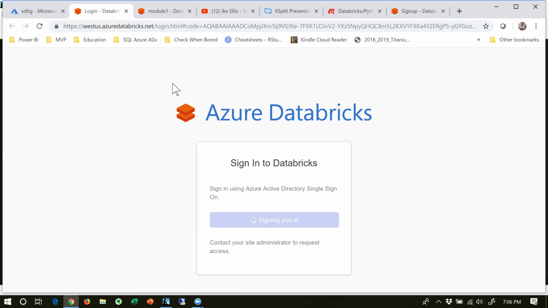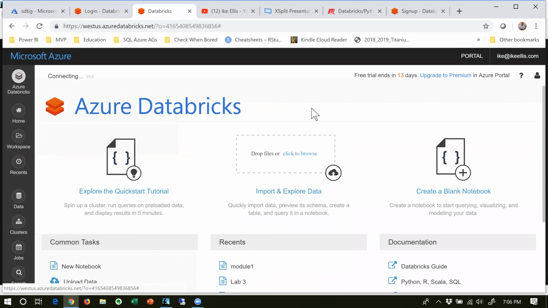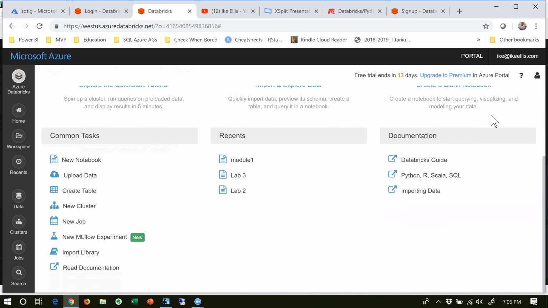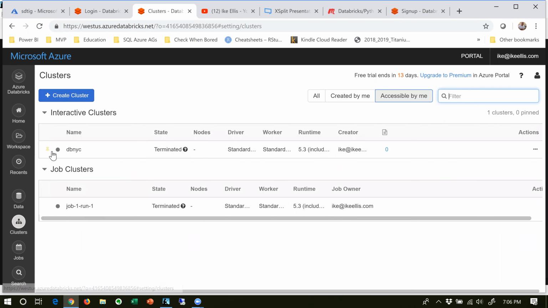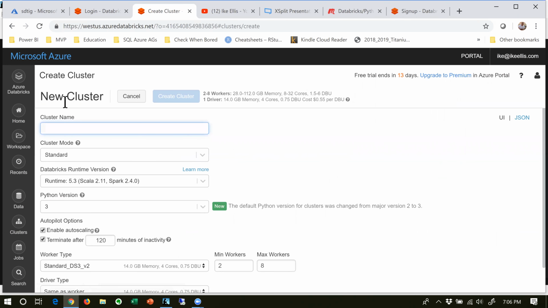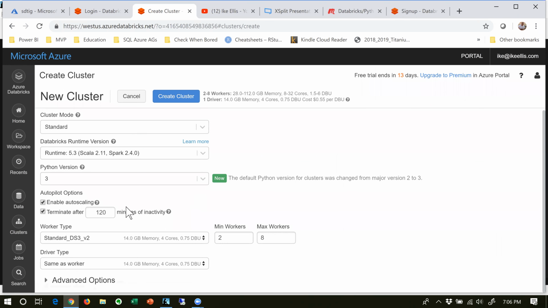So I can just pretend what would happen in another workspace while this one spins up. In this workspace, if I didn't have a cluster, I would come over here on the left and click clusters. I do have a cluster here, this DBNYC cluster, but if I wanted to create one, I could name it SDTIG. And then the most important thing you can do in the cluster is clear enable auto scaling